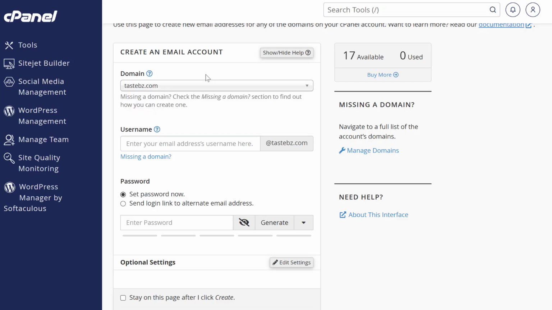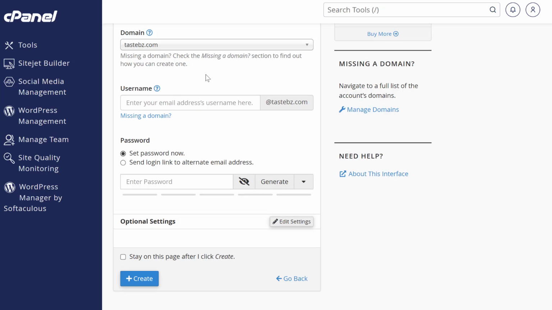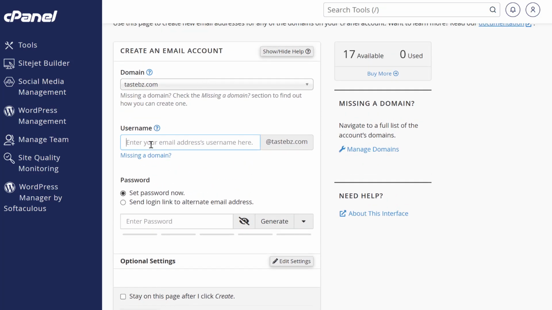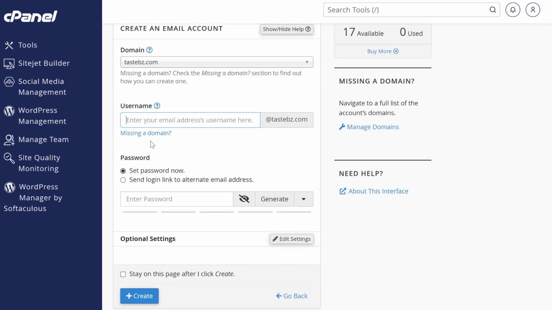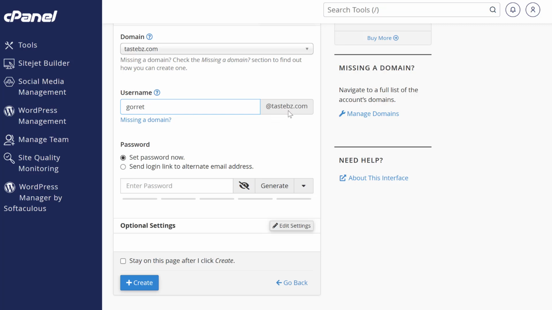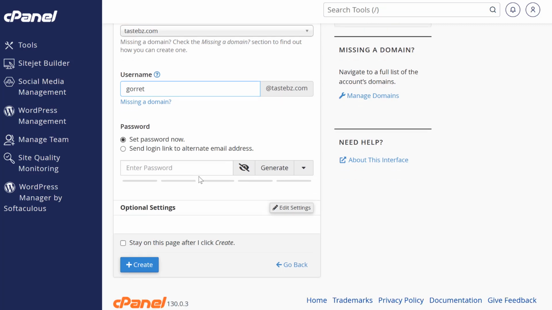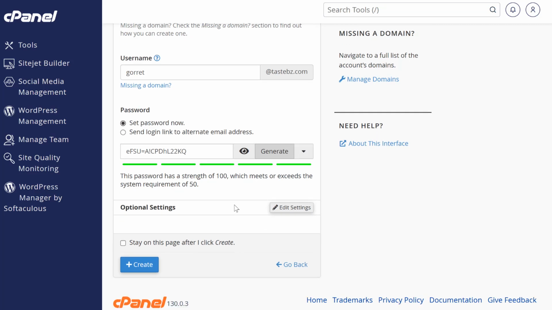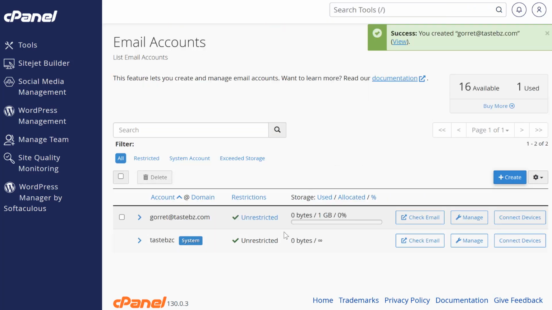So most of these emails, you will always have to configure them. That is if you do not have a Google Workspace account. By default, for example, if I went ahead and created a new email, like maybe goreti@this.com, and then I maybe went ahead and generated a password and then clicked on create, the email address would be created. But one thing you have to know is that, for example, if I went ahead and copied and pasted